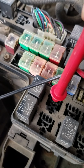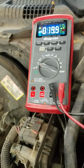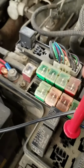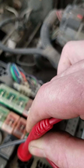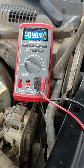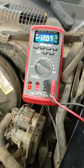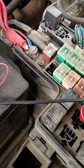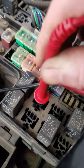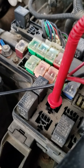Second, we're going to move over to our line that actually goes to the compressor coil. So we got nothing, and that's normal. Okay, so next we go to the control side. Okay, nothing there. And this side, okay, we got power there. So we know that the control side and the load side have power. Okay, so the next thing we want to do here is we'll stick our probe into our coil supply,